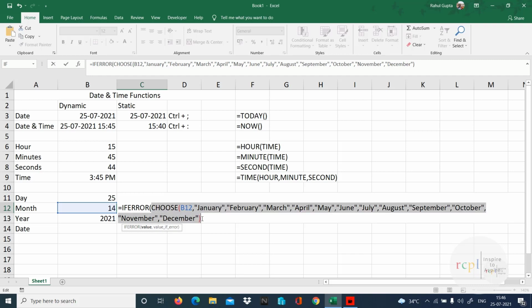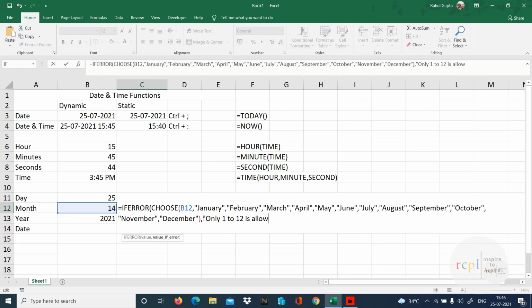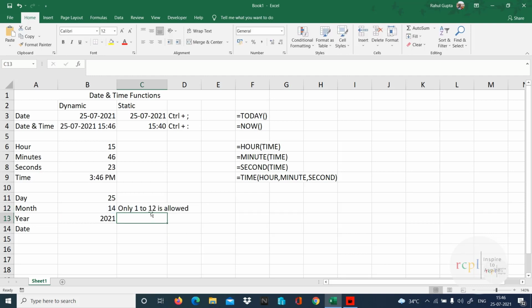But if it gives an error, then in that case only 1 to 12 is allowed. So you can see it's written 14, that's why it says only 1 to 12 is allowed. If I give A, B, C, D, then also it says 1 to 12 is allowed. If I give any number between 1 and 12, then it's going to give me that.